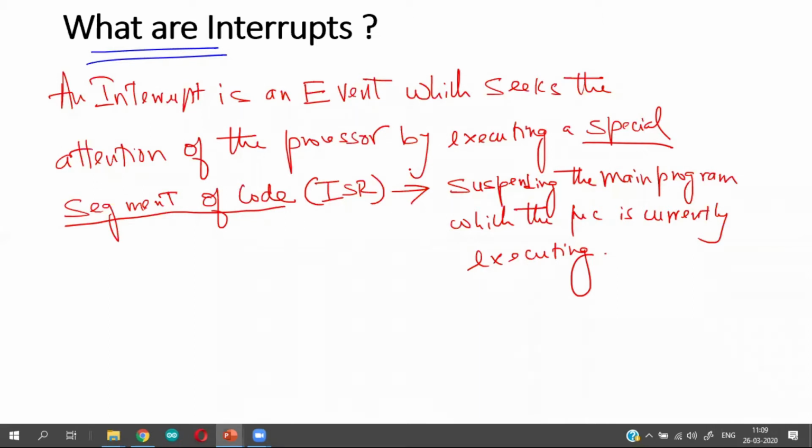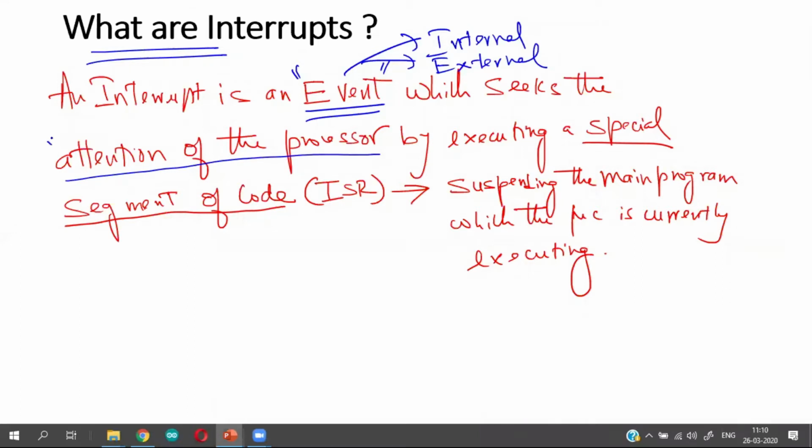So this is the technical definition for an interrupt. An interrupt is an event. That event can be either internal or external, which seeks the attention of the processor.